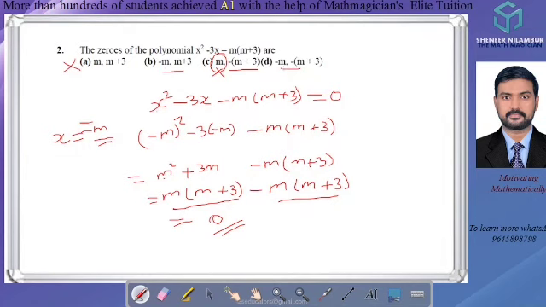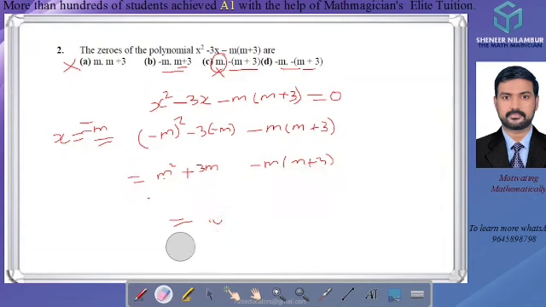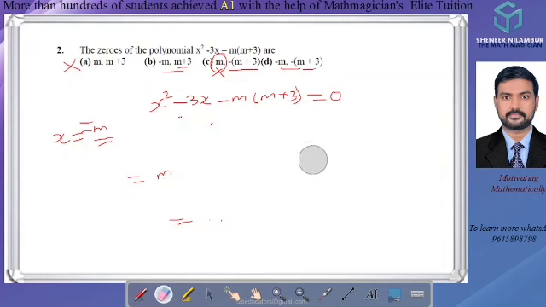Now here also minus m is there. So we want to check m plus 3 or minus of m plus 3, which is the second solution. That also we need to confirm. So we can try to insert m plus 3 and check whether it is the solution or not. So in the place of x, we can give this m plus 3.